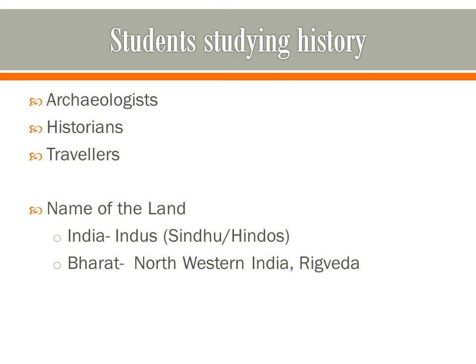Now, the name of the land. This is also something that we already know. We know our country by two names, India and Bharat. The word India is derived from Indus, which is called Sindhu in Sanskrit. People of ancient Iran and Greece were familiar with the Indus River. They came into contact with this region 2600 years ago. The Iranians called the Indus River Hindos and the people of Greece called it Indus.